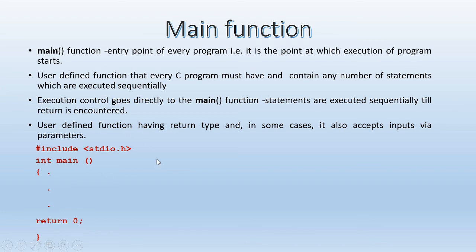As you can see in the syntax of the main function, you have the return type as int, then the name of the function, main, and a curly brace within which you can write your statements, and you have a return statement, that is return 0. I'll discuss this return statement later in the video. For the time being, you should know that in order to write a C program, the main function is a must, and it is the first function where program execution goes. So every C program should have a main function.